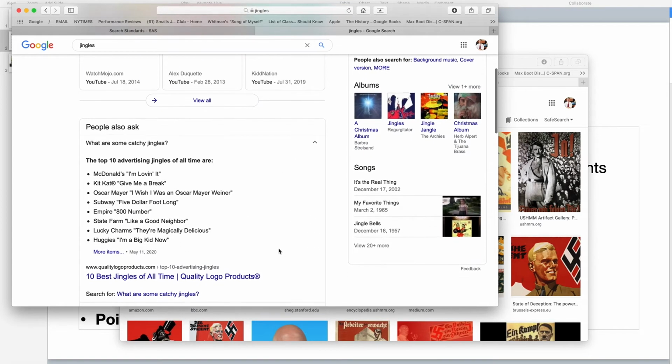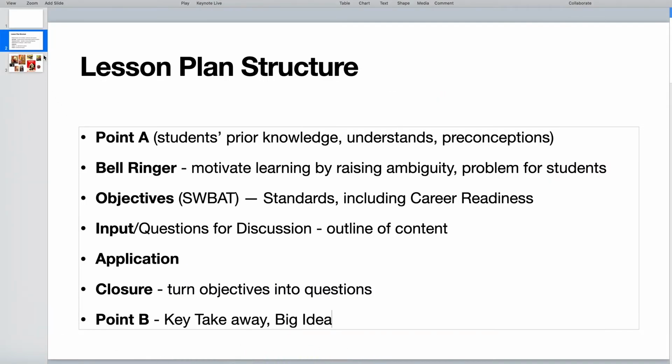And what do you think is here that is in your students' experience? What do they know? Will they know McDonald's? Will they know Kit Kat, Oscar Mayer, maybe State Farm? And so what I would do is in my PowerPoint, I would go and I would ask students to